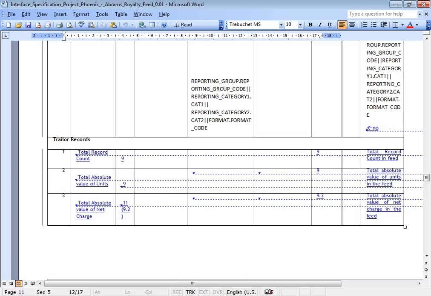That means when 23rd of November has arrived, this will be closed, so this particular interface will run, and the data between 24th of October and 23rd of November will be captured in the particular file. So this is the logic of fiscal month and calendar.